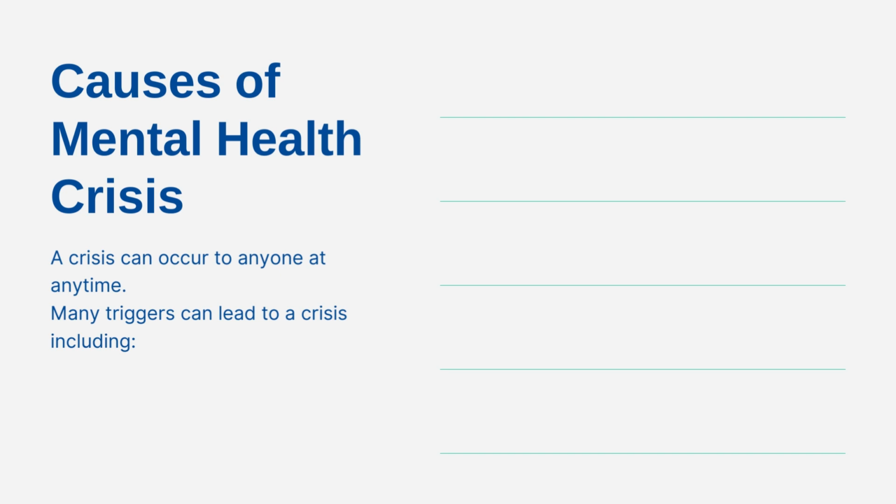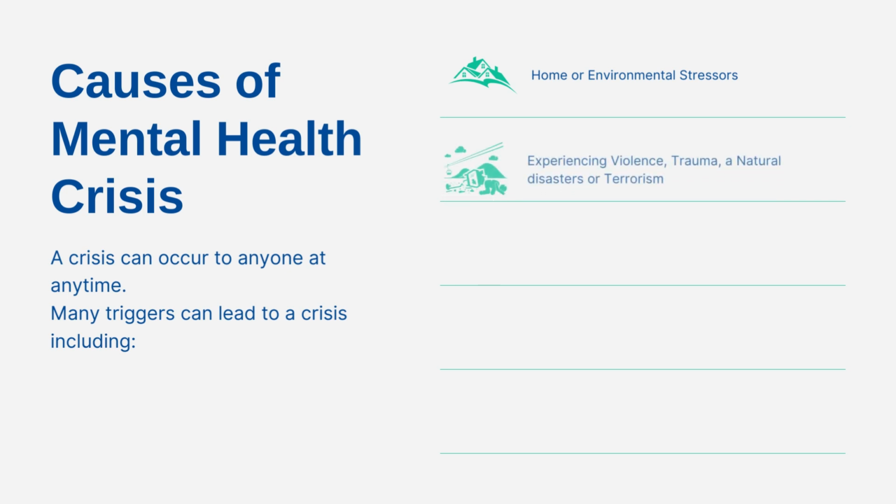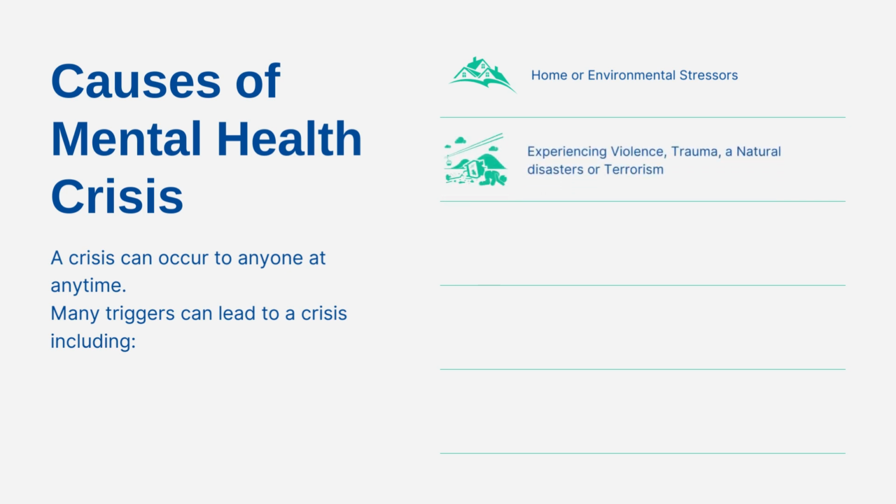Many triggers can lead to crisis, including home or environmental stressors, such as changes in relationship with others, perhaps a breakup or a divorce, losses of any kind due to death, estrangement, or relocation, conflicts or arguments with loved ones or friends, any type of trauma such as violence or assault, a near-death experience, a natural disaster, terrorism or abuse,